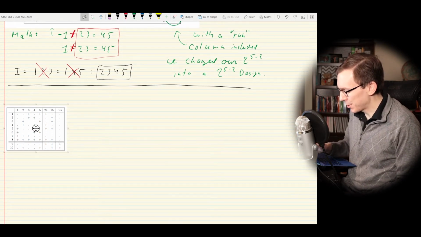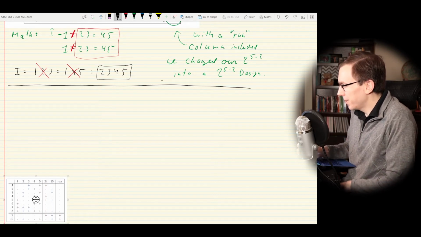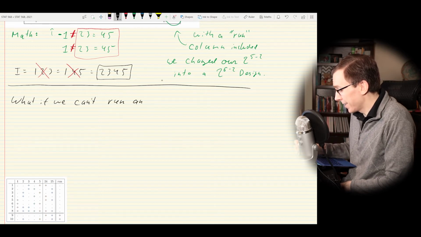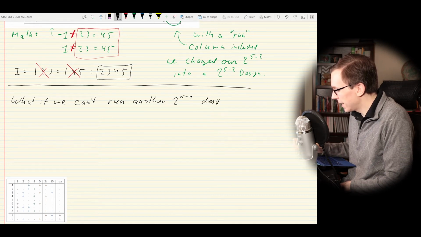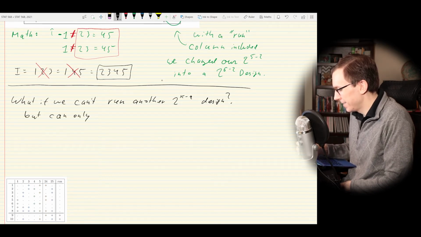So let's move this guy. That's what this box is that I keep sliding further and further down the page. So the new thought is, well, what if we can't run another 2 to the k, that looks like a z. Let's try that again. 2 to the k minus q design, but can only collect